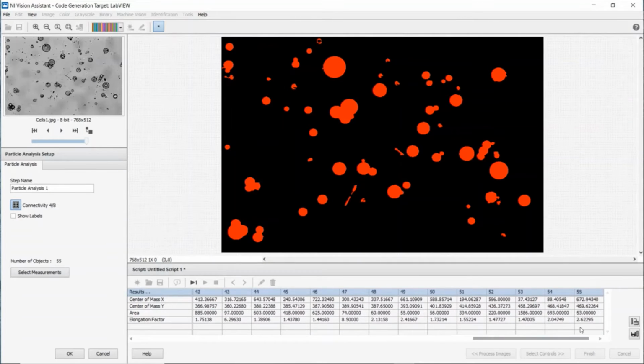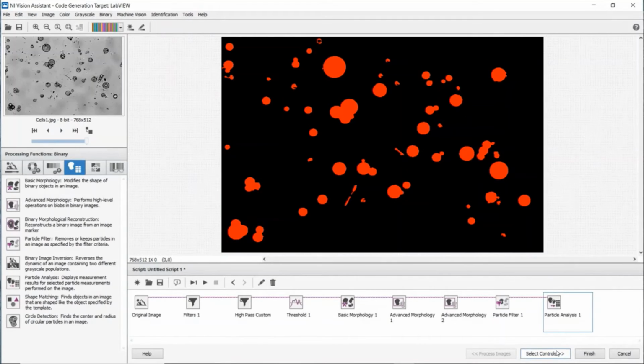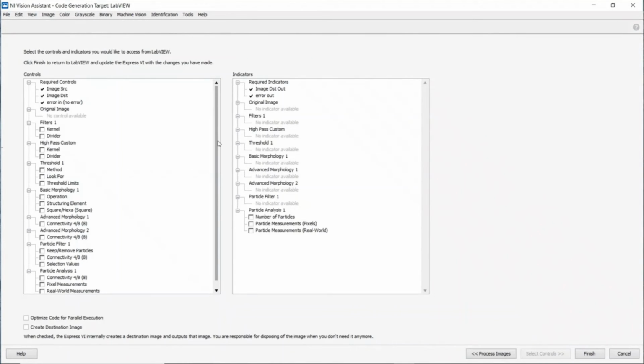see the total number of particles found, it is 55, and if we choose a particular particle, like for example this 46th particle, it will be highlighted in the image, so a green square will appear around it, and the measurements for this particle are displayed right here. So let's click OK. And in order for us to obtain all the measurements, we need to go to Select Controls, and